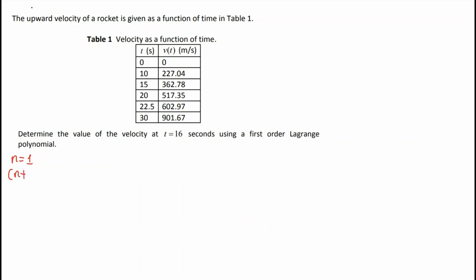You are going to have what? N plus 1 data points, which will be what? 1 plus 1 data points, which will be 2 data points. So now that you have 2 data points, that means that